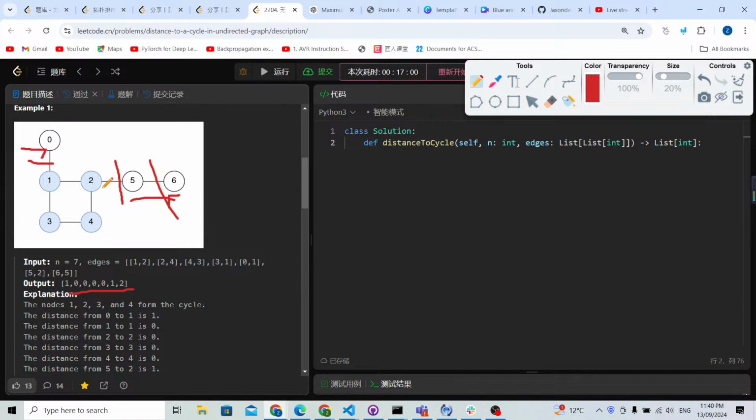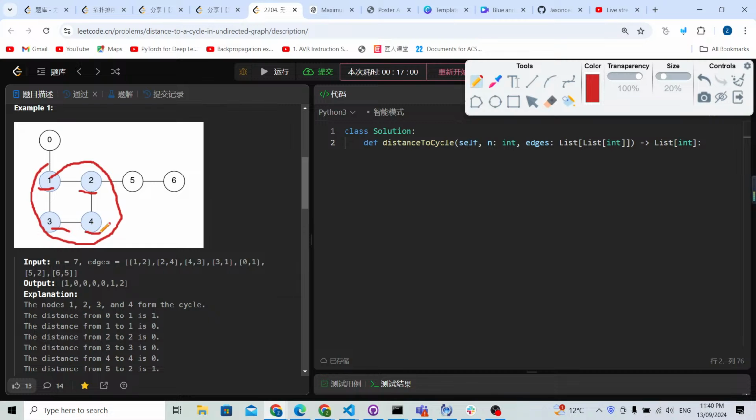And after we disconnect from 2 to 5, the integrity for node 2 is going to become 2. And also for node 1, node 3, and node 4, the integrity is always going to become 2. So if we can find this kind of a cycle, the next step is that we can directly use a multi-source BFS. The multi-source BFS idea is that we're going to start from all those nodes like 1,